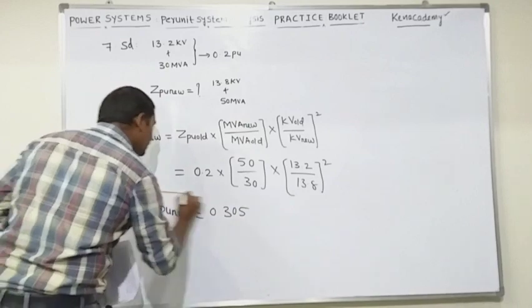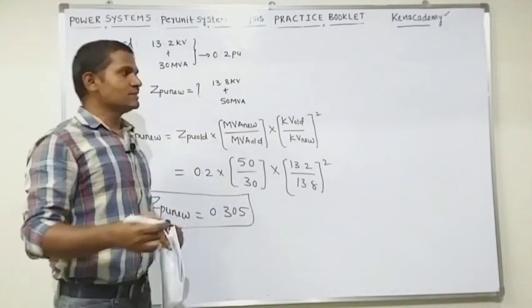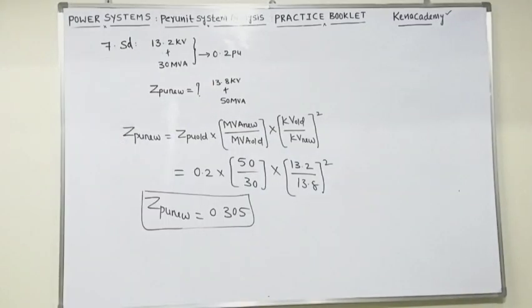0.305 per unit. Concentrate. This is question number 7. Clear? Concentrate. Now I want